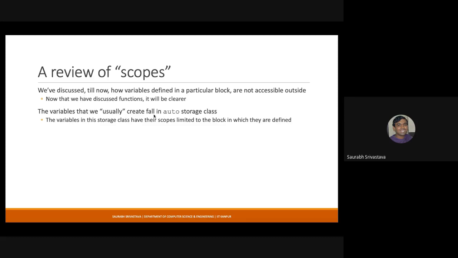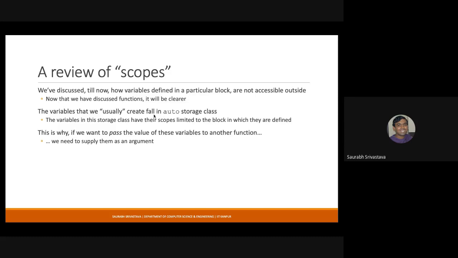But usually when we talk about that, we actually talk about the auto storage class. This is the storage class in which most of the variables that we put in our programs are essentially auto variables. They are local variables to a particular function. Whenever we want to pass a particular value from one function to another, we have to supply it as an argument, because their scope is limited to the calling function only.